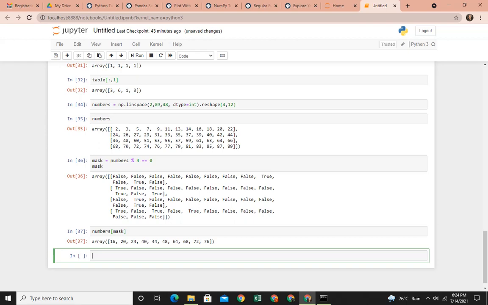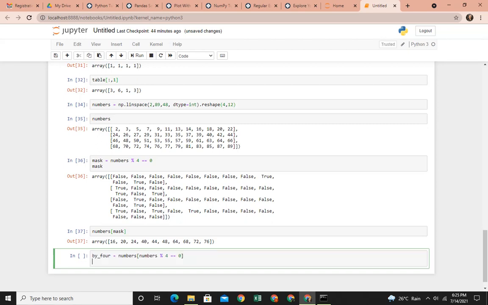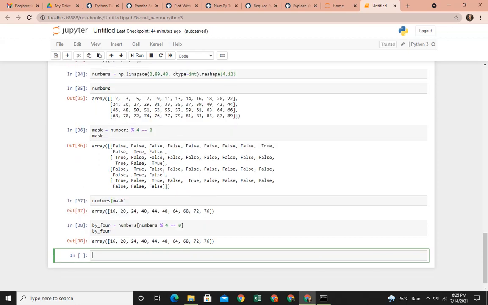See now, numbers in square brackets, that means we are working with the index now. So index, I want only those ones which are, right, and then I can also call by 4, division by 4. Right. So here there are 2 things to be noted.